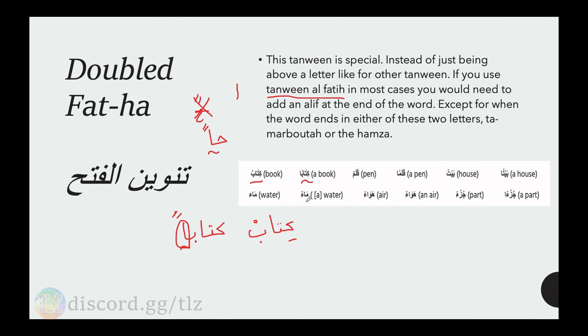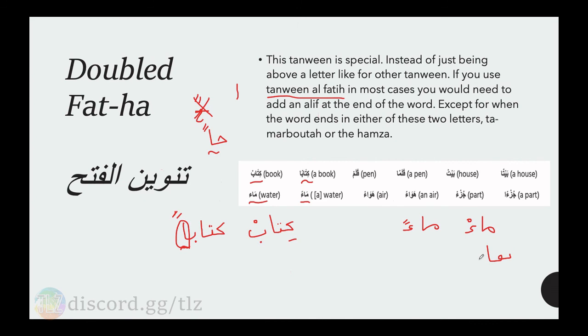But as you can see here, for ma and ma'an, ma, and then ma'an. It's the same, you don't add an alif at the end because it doesn't need one. Right? And then, for example,